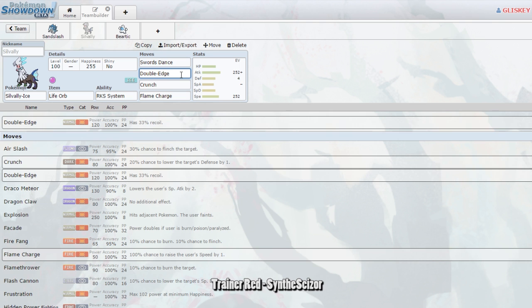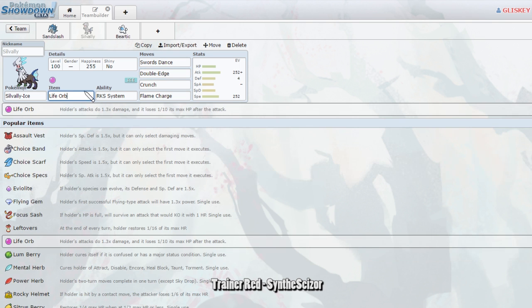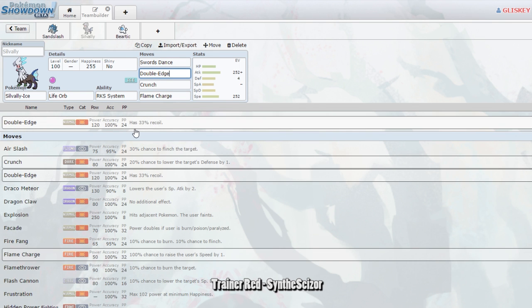Pretty much Double-Edge is very good with the Life Orb that it's holding, except it's got 33% recoil. I'm not sure exactly if that's 33% of the attack or 33% of your health. If it's of the attack, you're going to be fine because you're going to be OHKOing a whole lot. So I think maybe you can get two hits in with it if you OHKO